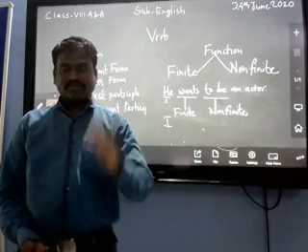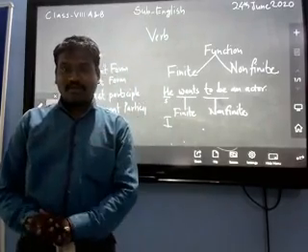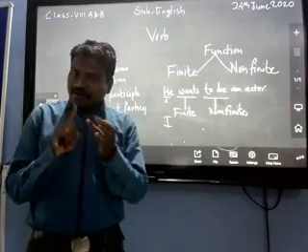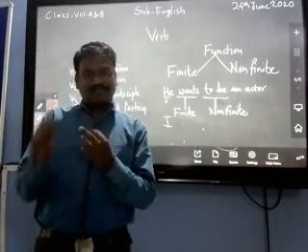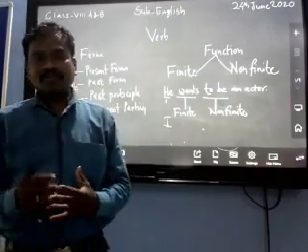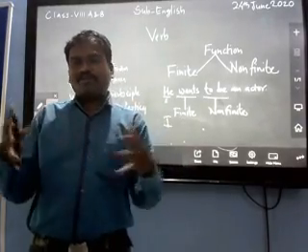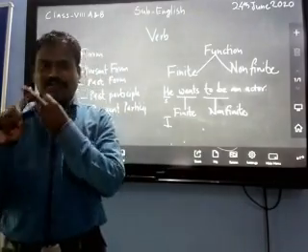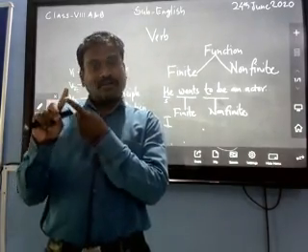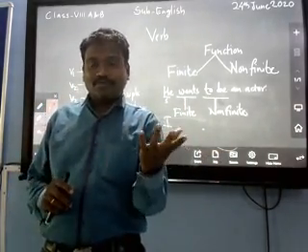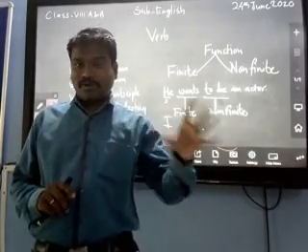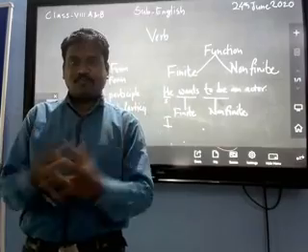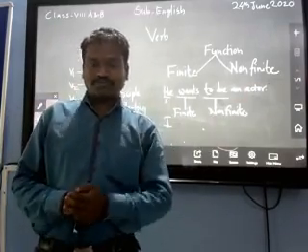The kinds of pronouns, the personal pronouns: we have the first person, the second person, and the third person. When we have a conversation, while speaking to each other, any kind of conversation, we have three persons. First, the speaker; second, the listener; third, the person we are talking about. The third person is not necessarily a particular person like you and me. It can be any noun we are talking about.